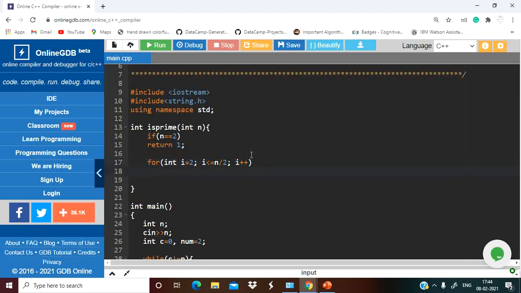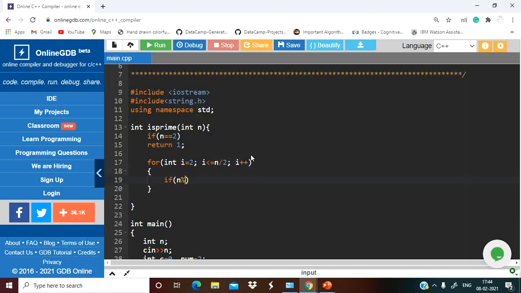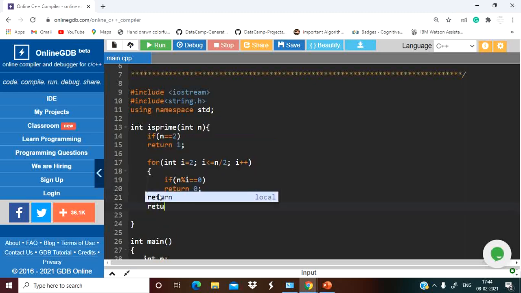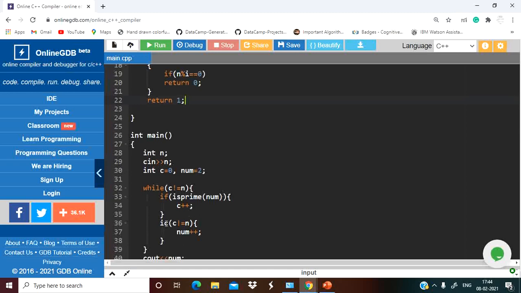And here we will check that if n is divisible by any value of i, that means it is not a prime number, so we will return 0, right? Otherwise, after coming out of this loop, if this condition didn't satisfy, then obviously it is a prime number, right? If this condition is satisfied, it means the number which we are looking for is not a prime, right? Okay, oh, by mistake I have written here c, it should be n, right?